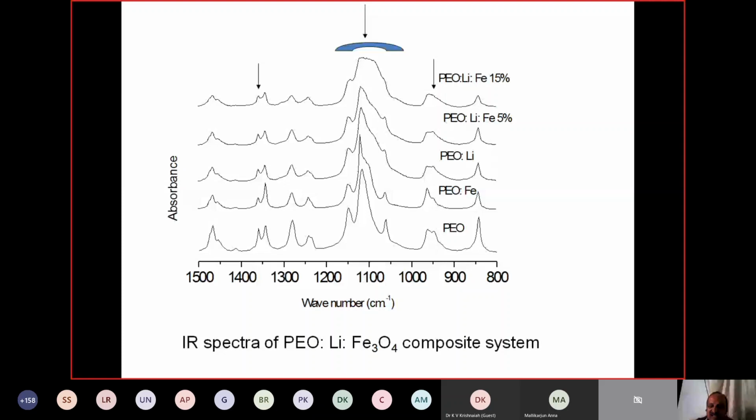You see this. So this is the description of that. The apparent intensity of the COC symmetric and asymmetric stretching mode observed around 1100 centimeters inverse in PEO is found to decrease, with broadening in its width, by complexing lithium salt to PEO. The apparent peaks on both sides of the COC, you see these two peaks, we call these satellite peaks, are found to be reduced in the complex PEO lithium.